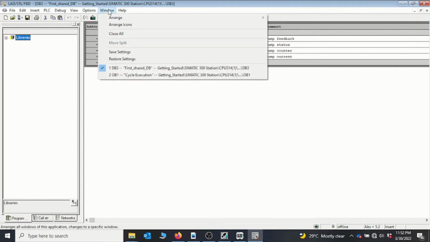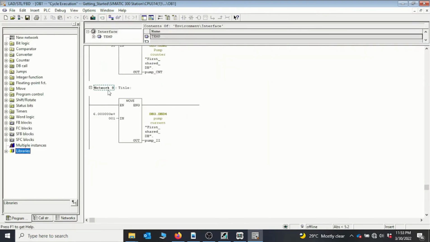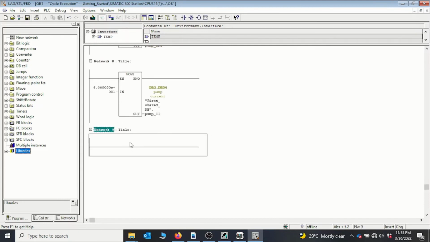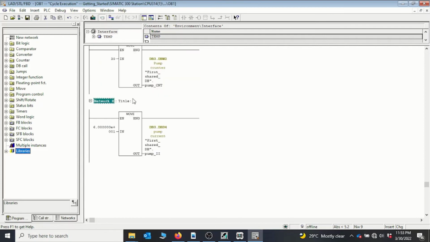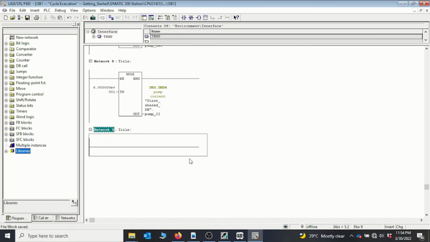So let's say, for instance, if I want to read information from the DB, I'll go back again. This one, while I was writing, I will insert a new network, and then I will use the move command again to test that. Or let me just delete this one and use this very one. In this, I was writing information into the DB. In the other point, I will read the information from the DB. So I will insert a new network and then bring the move command to write or read information from the DB. So I'll double click,